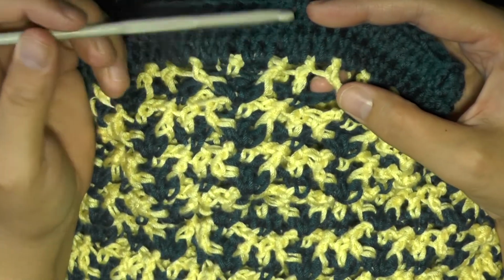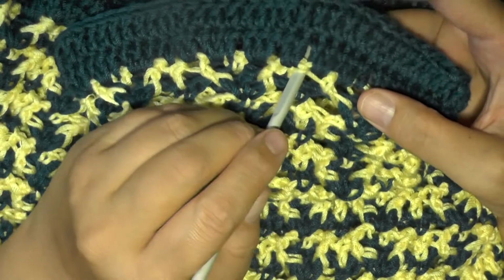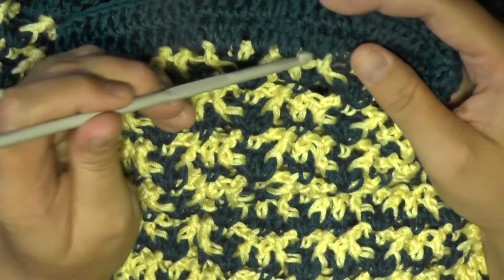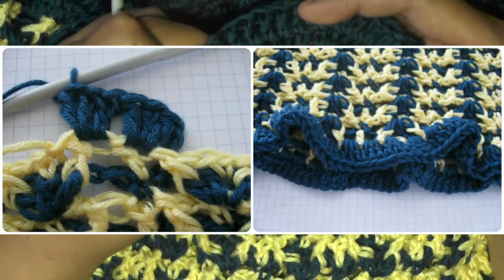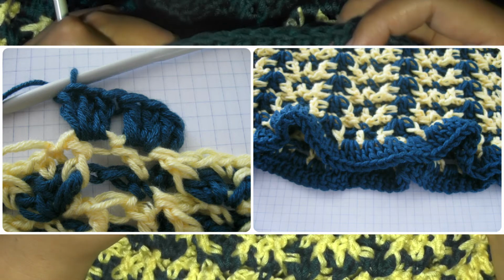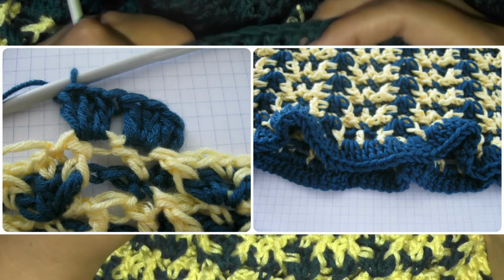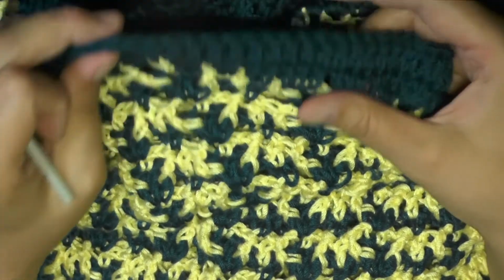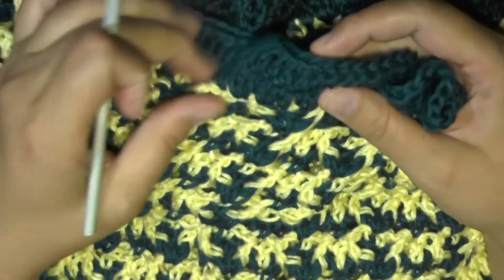I didn't just go under this line and put the stitch here, because then it would leave a bigger hole like that. Try to go into the stitch as much as you can. Try to get into the smaller stitches. And put 3 where you think you can, and put 2 in the other areas. And then once I got down to the end of the row, I just slip stitched in the beginning stitch,